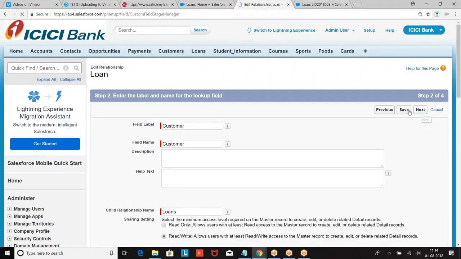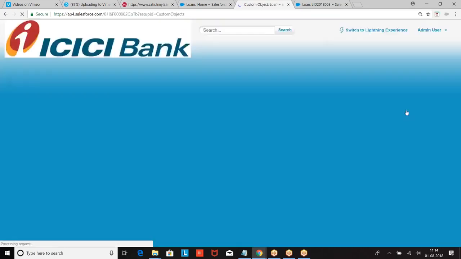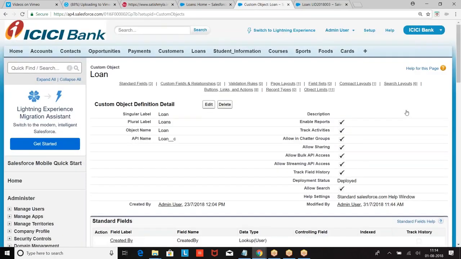It is allowed only if you have a value in every lookup field. If any one of the records doesn't have a value in the lookup field, it will throw an error message again. So every child record should have some value in the lookup field, then only it is accepted. I hope you are good with this.